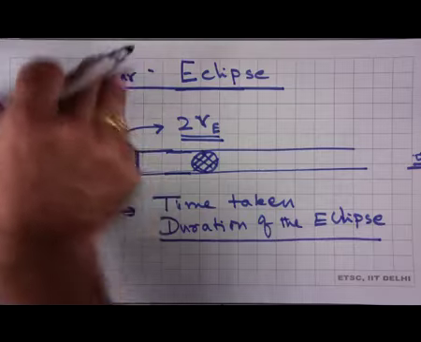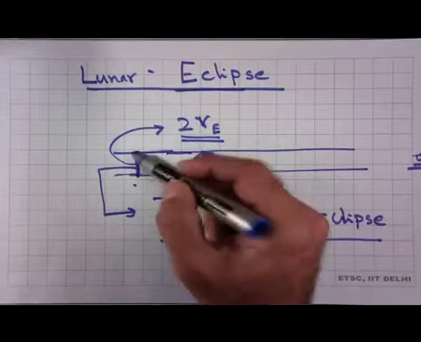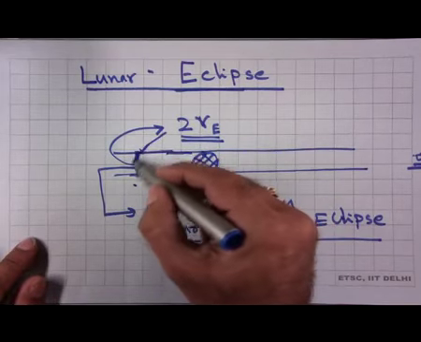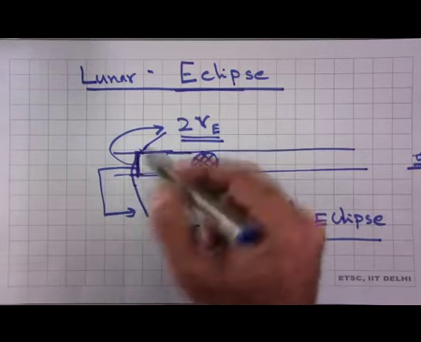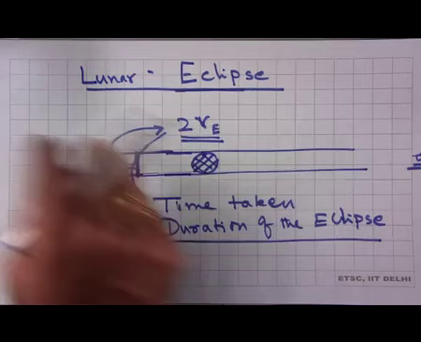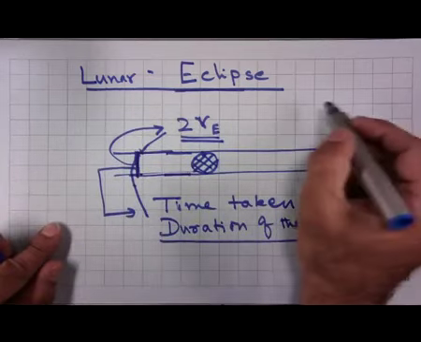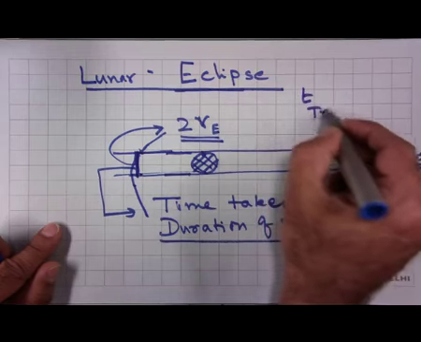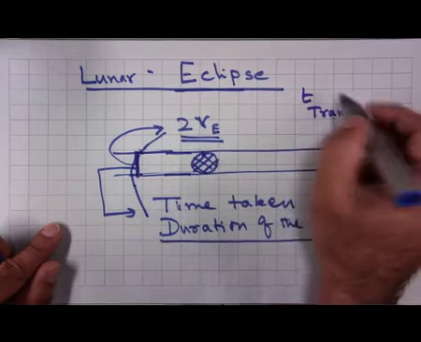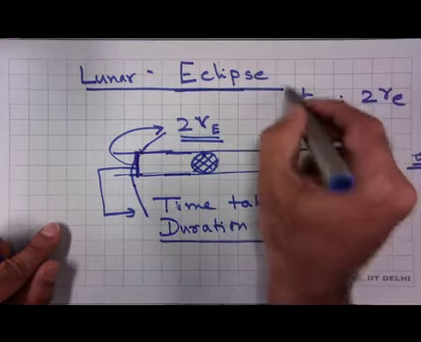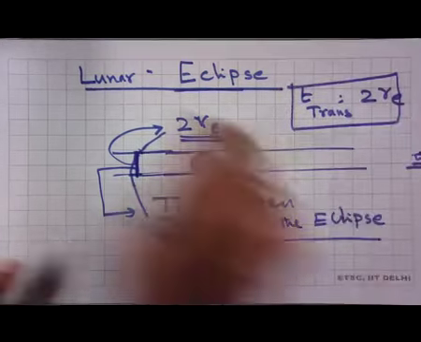So what are we saying? We are going to approximate this true orbit. So the moon's orbit is something like this. We will not worry about the difference between the circular orbit and this perpendicular line. So basically we are saying that the moon takes a certain transit time, t transit, through the shadow, and the distance covered is 2re. So this is the data that we have. Very simple.